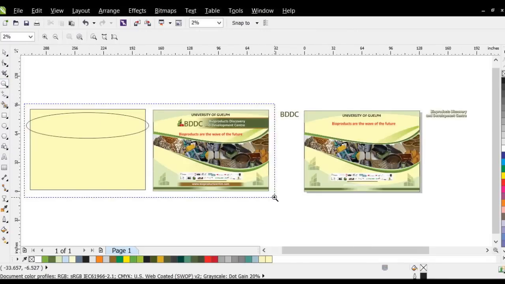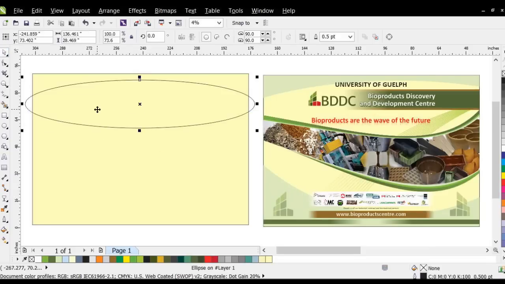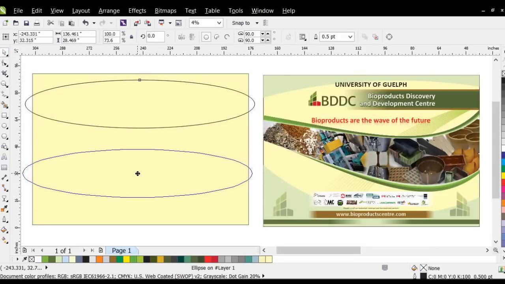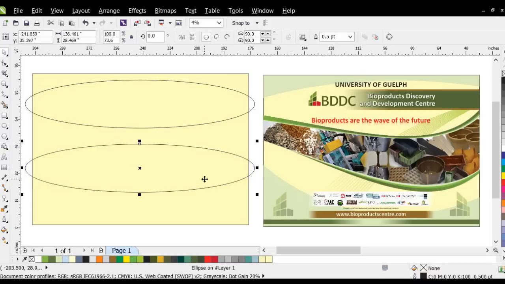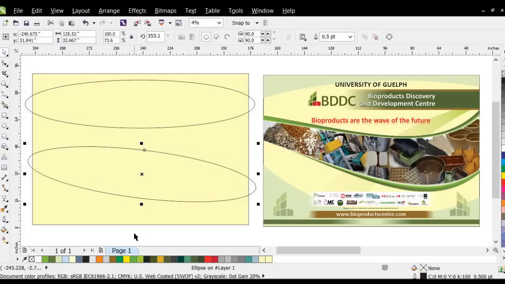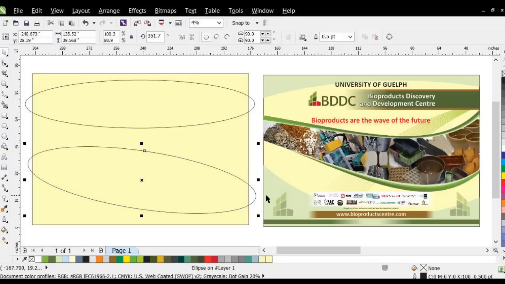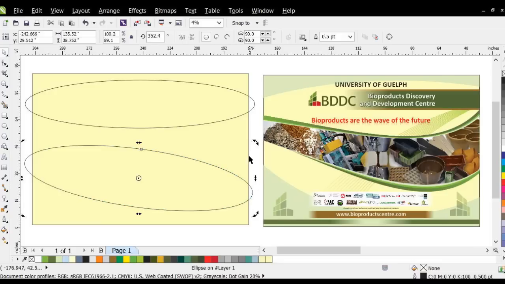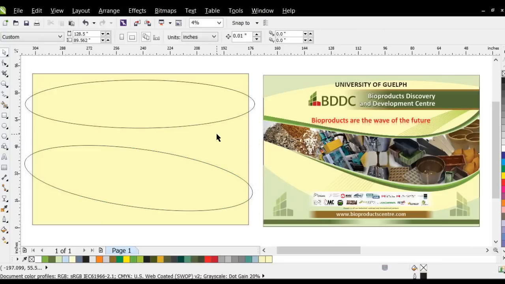So what I'll do, I'm just gonna duplicate this one. So plus sign in your keyboard and bring it down. And then what I did, I just rotated it a little bit and then maybe enlarge it just to make it different from the first one, the one on top. I can also skew it like that. Okay. Now if you already established that shape, then you can go to